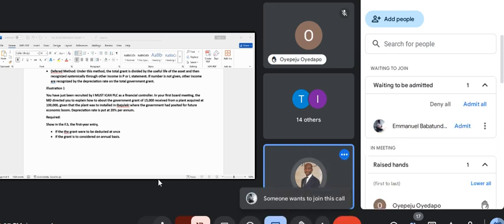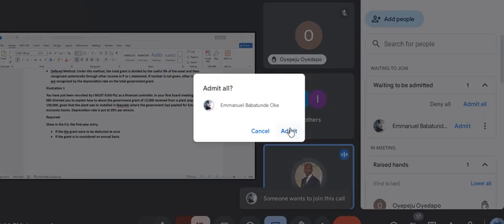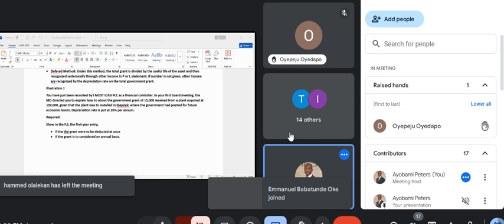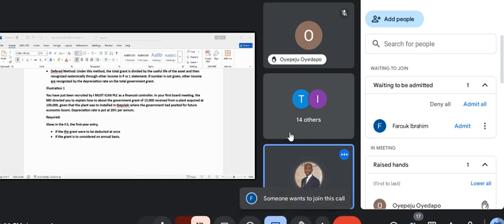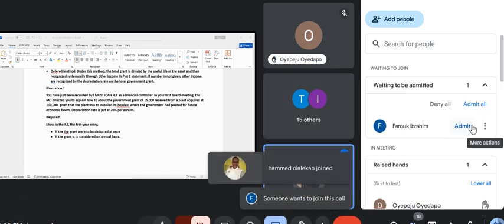Required: 1. Show in the financial statement the first year entry if the grant were to be deducted at once. 2. If the grant is to be deducted on an annual basis. Now, looking at this question